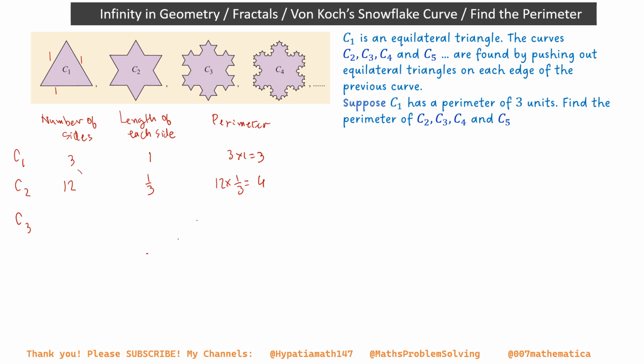So you see, you multiply it by 4 to get the number of sides of the next shape. So for the next one we again multiply by 4, to get 48. And then you divide the side length by 3. I will just write 1 out of 9. The perimeter would be